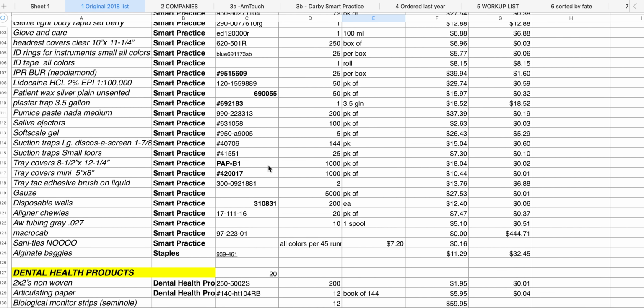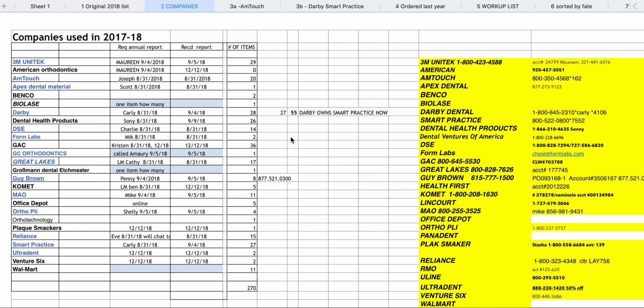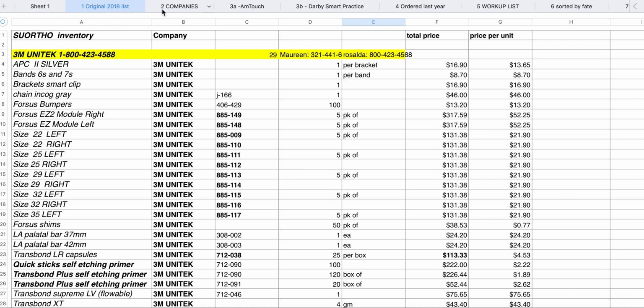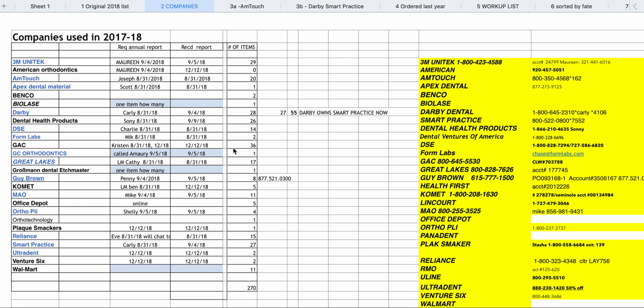So the first thing that we do is every late August, early to mid-September, around that time frame. September is usually when things kind of calm down at the orthodontic office, for us at least. We have the opportunity to go in and spend some time on our inventory. And so we'll create a list of companies from the original list that we spoke about, and we'll just contact our reps. We'll contact the rep at the office, we'll contact our field rep, things of that nature, and we'll